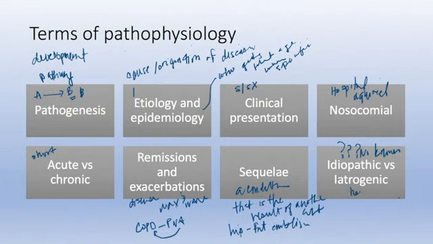Iatrogenic is different. It means that healthcare causes it is the best way that I can explain it to you. It's inadvertent most of the time. This is not malfeasant at all. Basically, you may do a diagnostic study, or you may prescribe a medication and something happens that causes another medical condition as a result of that. So a good example of this would be if I give you medicine to treat your hypothyroidism, and then you come back in with new signs and symptoms and you're actually hyperthyroid, that would be iatrogenic hyperthyroidism because it's actually related to the medication that I gave you.